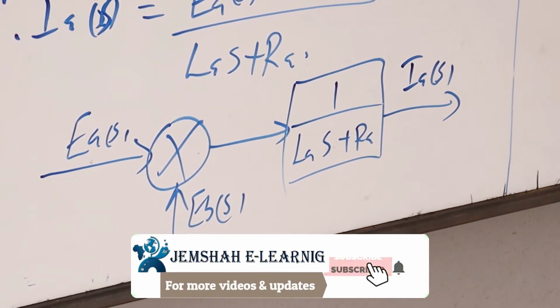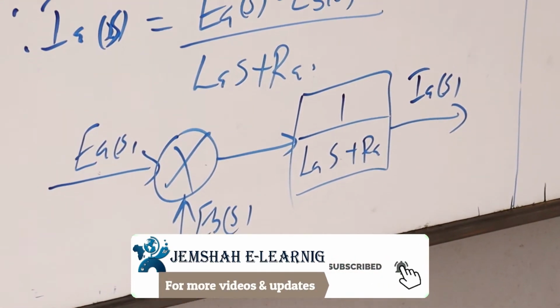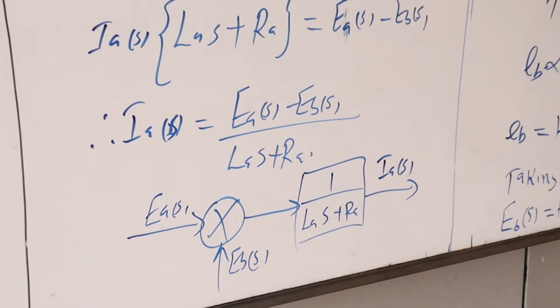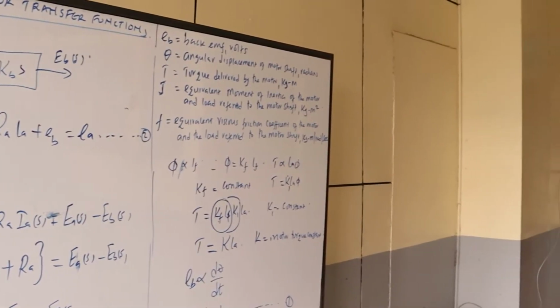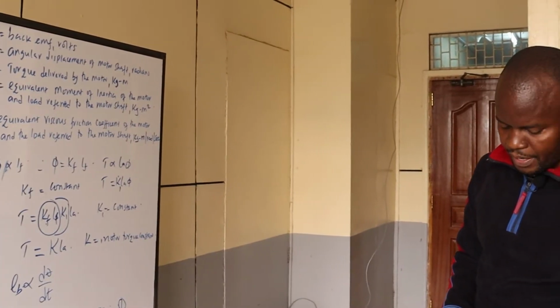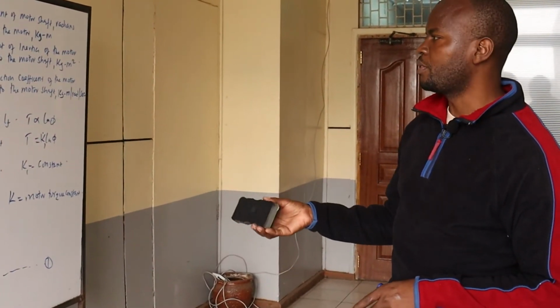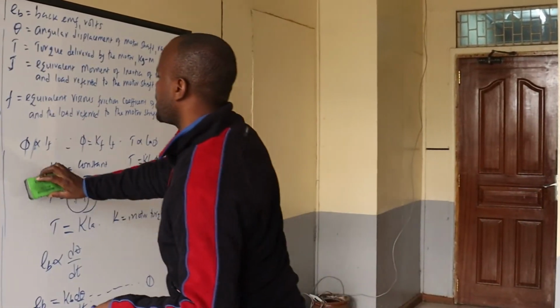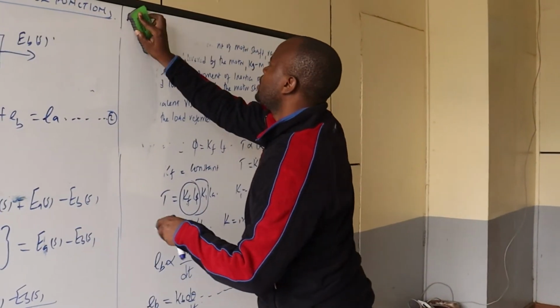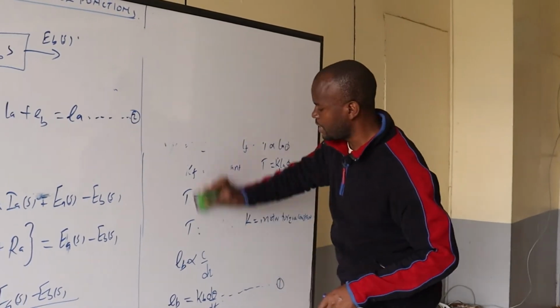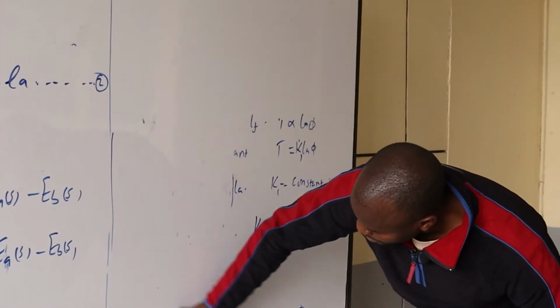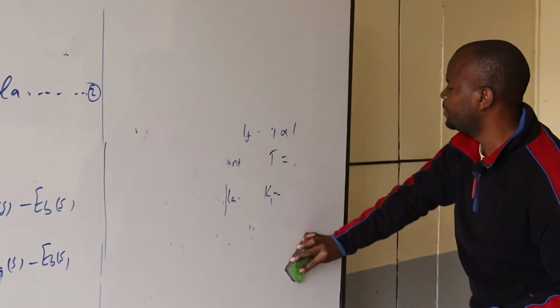The next thing that we are going to look at is the relationship between the electrical systems and the rotational system. So in this case, we are going to look at the relationship between the electrical systems and the rotational system. So when we look at that option,